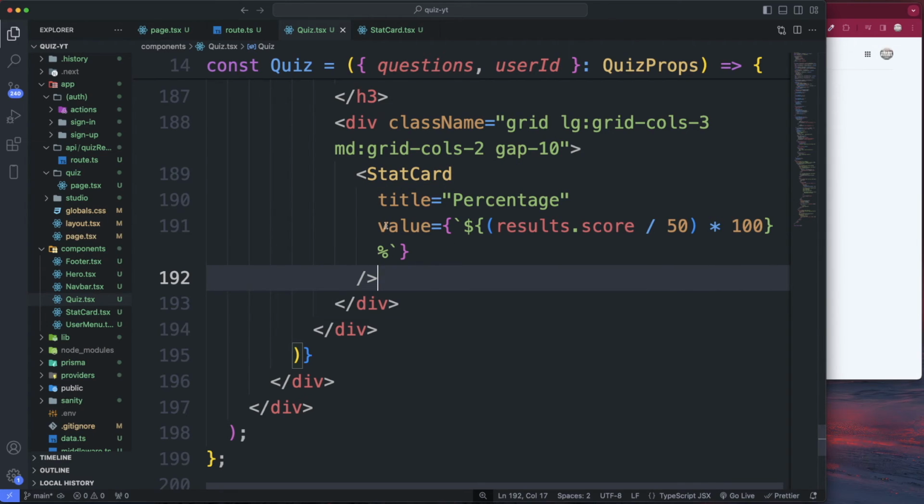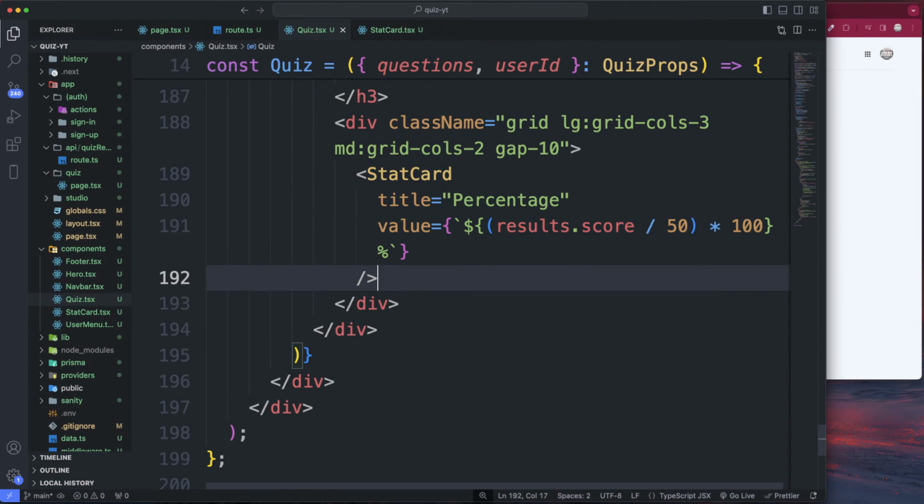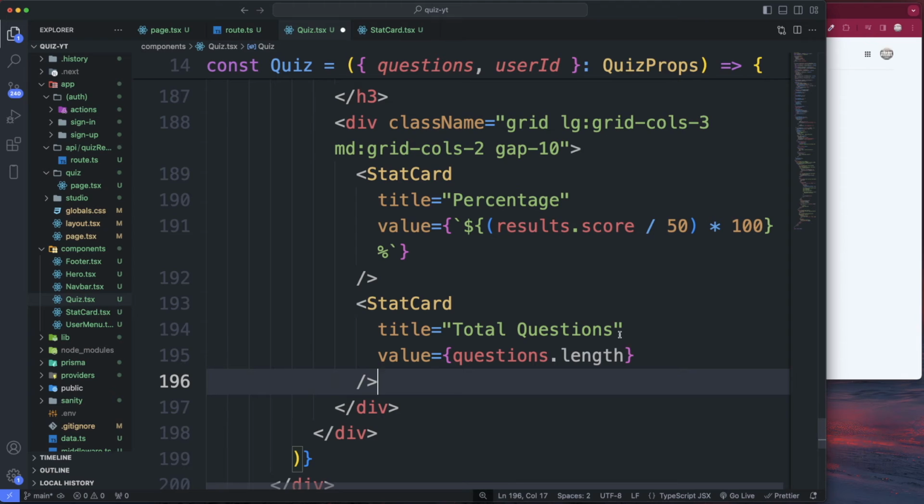So this value is result.score /50 times 100, and then a little % sign. So we can actually copy this. And what I'm gonna do is actually probably copy the ones over here. So we're gonna have 1, 2, 3, 4, 5 cards. So this next one is going to be, we're sending over total questions and also the question.length. And then this next one's going to be,